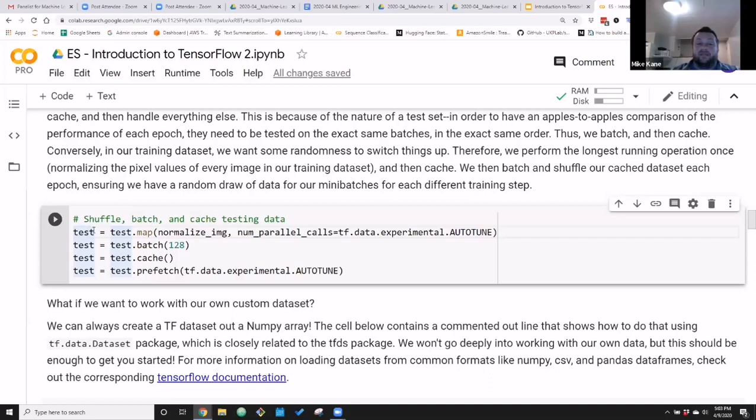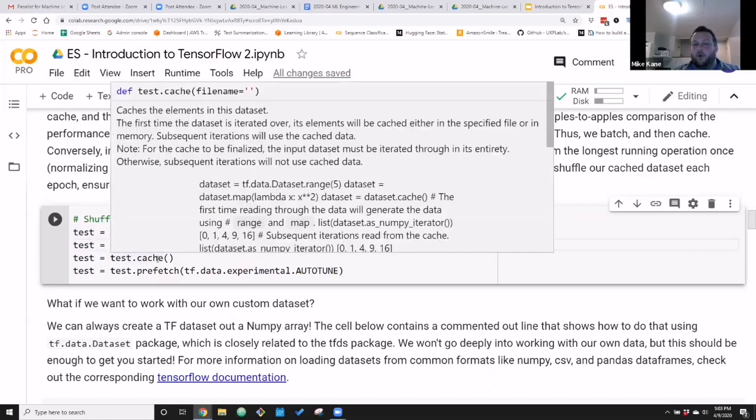These are what we're going to use to validate that our model is actually learning and not just cheating and memorizing what all the images actually look like. We want to see, does it generalize well to data it hasn't seen before, which is why we're reserving 10,000 images for testing. So everything you do to your training data, you need to do to your testing data too, in terms of pre-processing. You've got to keep them at parity, keep them equal. So we're still going to normalize. We're still going to batch.